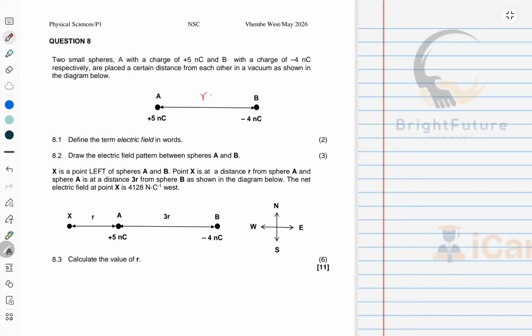Or it's r actually. We don't know what r is. So let's call it just r. All right, so